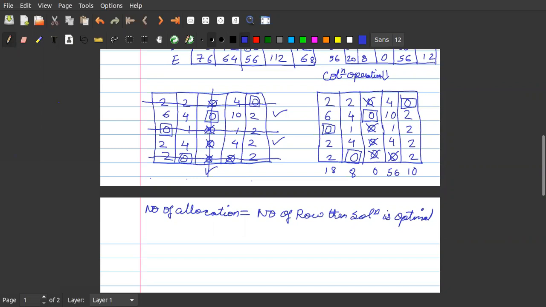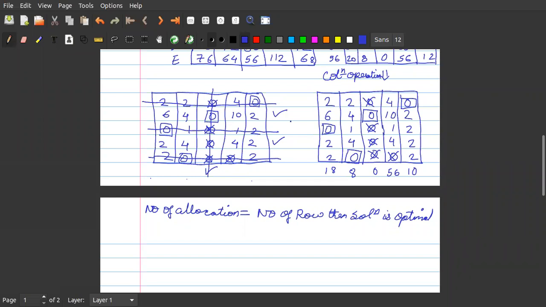Then in the remaining uncrossed elements, see, this is uncrossed, this is uncrossed, and so on. If you count 1, 2, 3, 4, 5, 6, 7, 8, there are 8 elements through which there is no line passing.